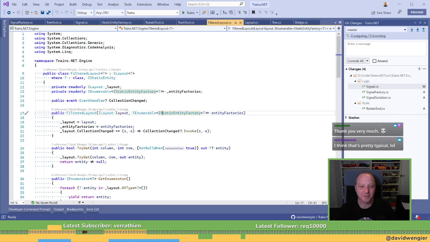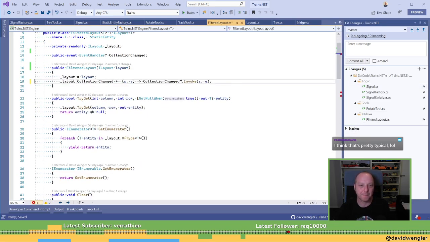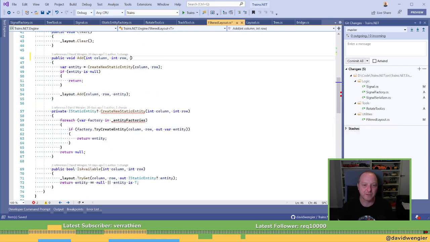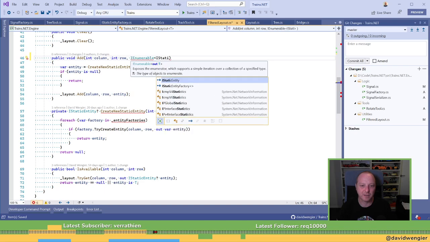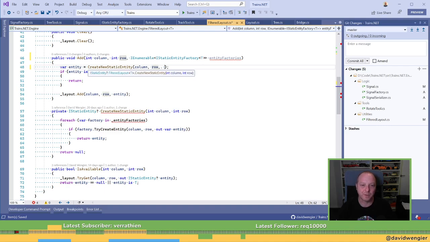Okay, so filtered light. So this doesn't take in this. And this here, here we take in an IEnumerable of static entity factories of T. And then we pass that into there.